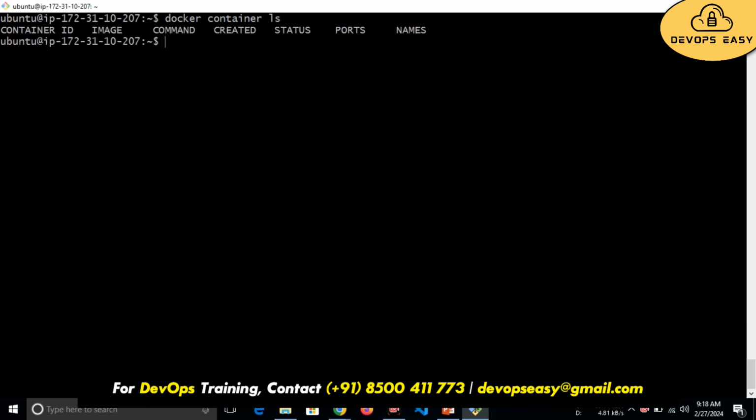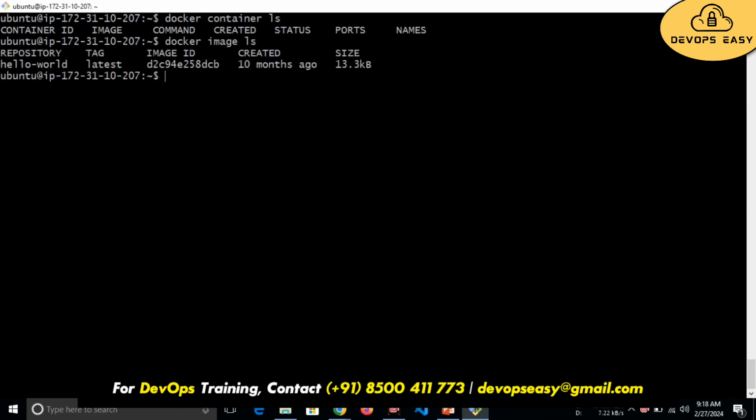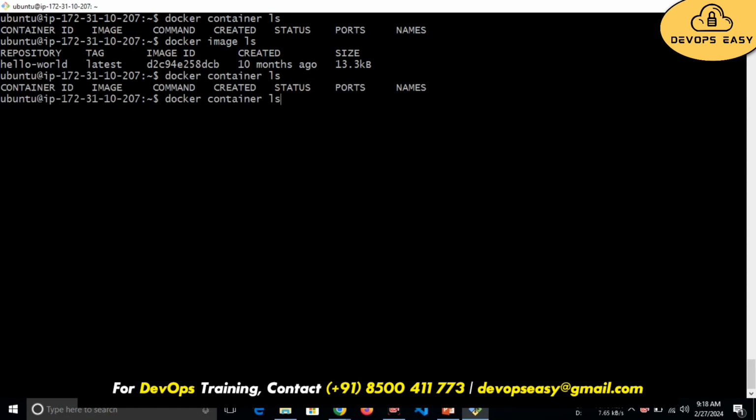Now I will execute docker container ls. I cannot see the container. Okay, docker image ls. Why? I told you, for every image you will get an image name. I didn't give any tag, so it has taken the latest tag. What is the image id? Every image gets an image id. But when I execute docker container ls, I cannot see my container. If I execute -a,